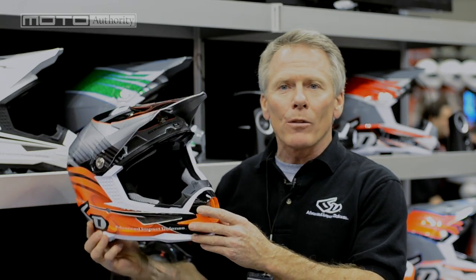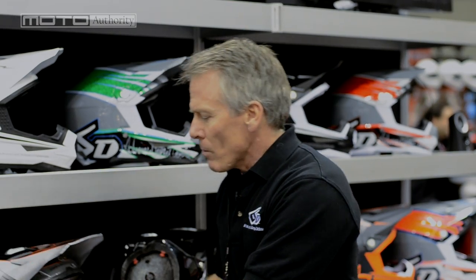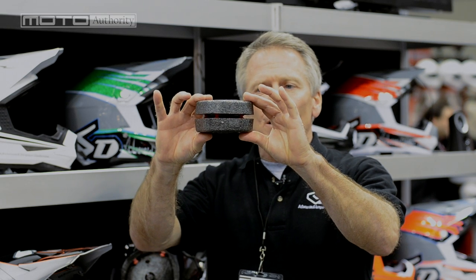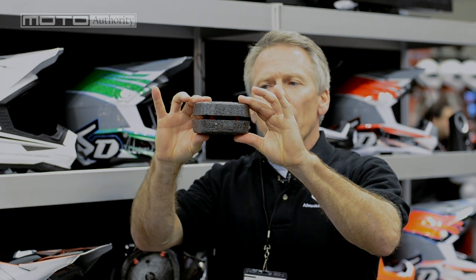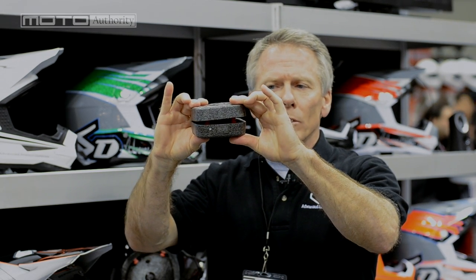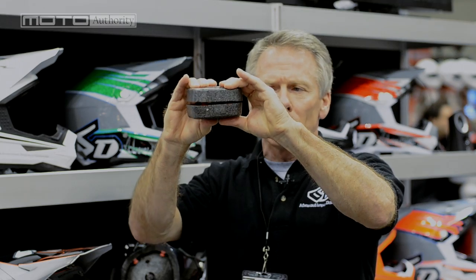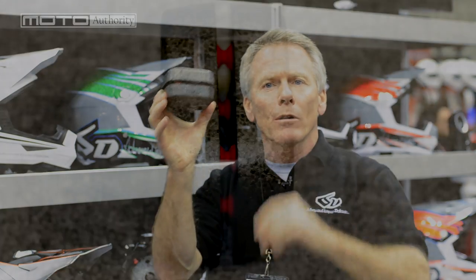The ODS system is incorporated in our 6D helmet along with the features you'd expect and have come to know for premium helmets. The ODS system is a dual liner EPS system with an elastomeric damping system that allows the outside of the shell to move independently of the inside liner against your head, which deals with the angular rotation as well as linear displacement of the EPS. During an impact event, that allows the helmet to reduce energy